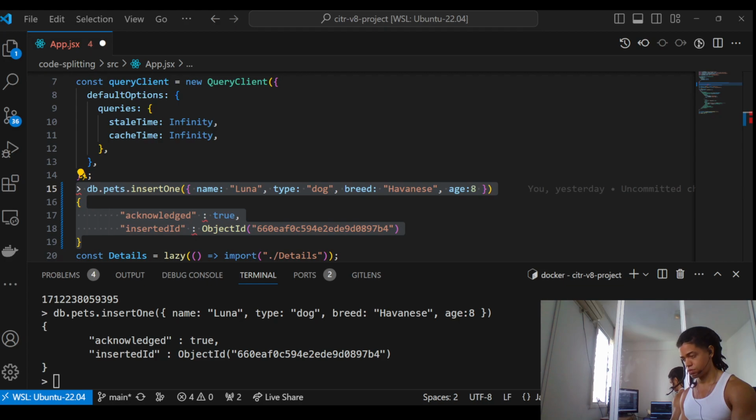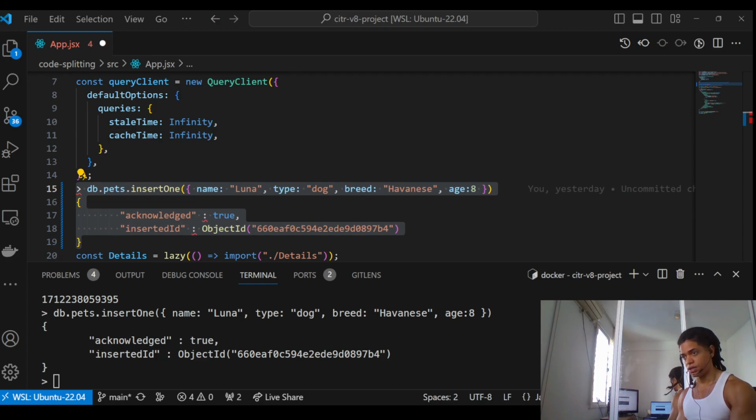It's because it's published, which means that the query was successful. So it returned an acknowledged property indicating that it was done properly,